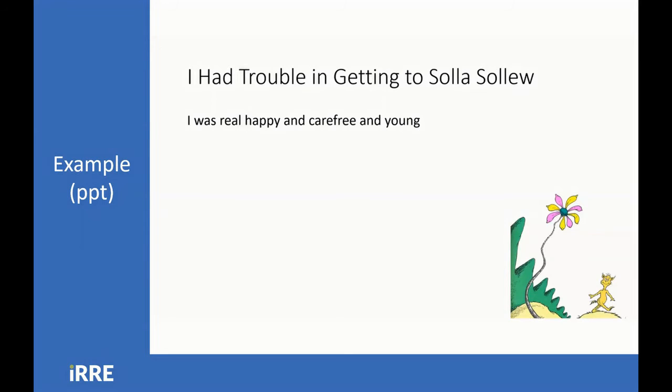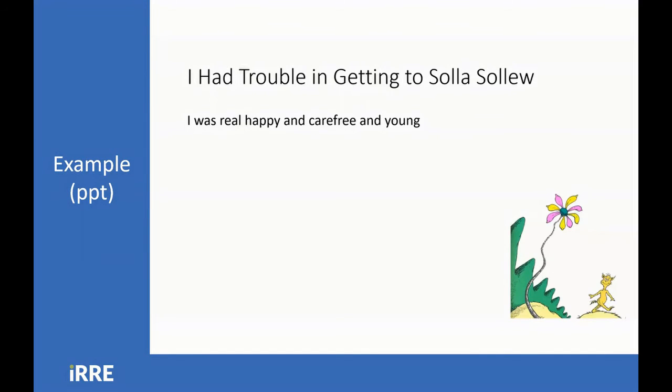But when she sees carefree, she may realize, you know what, some of my kids might not know what carefree means. So then she thinks aloud about how she would tackle words she may not know, and how she uses context clues. In this case, it was using phrases like, when I see a word I don't know, here's the first thing I do. I try to look, do I know a word within the word? And so she went on to talk about how what free makes her think of is connected to happy and young. From there, the rest of the Think Aloud goes through the whole rest of the first page,